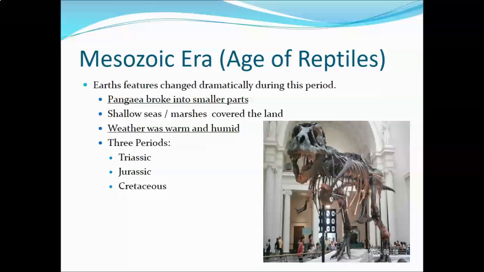There are three periods of the Mesozoic era, which are probably the most famous out of all: the Triassic, Jurassic, and Cretaceous. And so we will spend some time kind of breaking this down because it is extraordinary. The Earth was really warm at that time, and that was hugely favorable to reptiles, and it allowed them to have the proper environment for food, water. I don't want to say shelter. It's not like they lived in homes, but it allowed for their ecosystem to be well suited for them